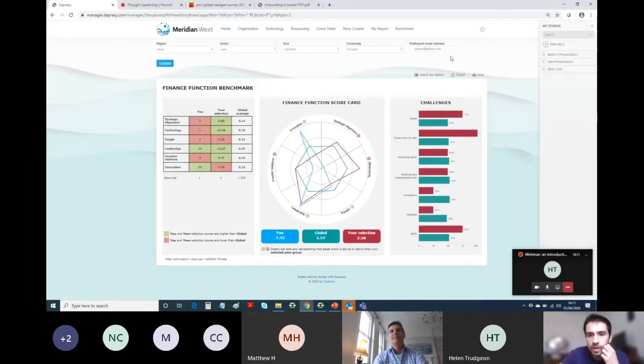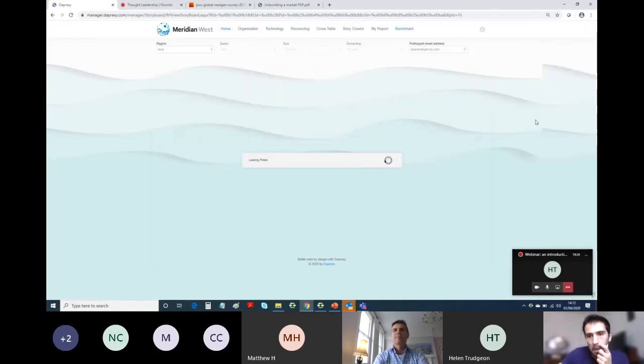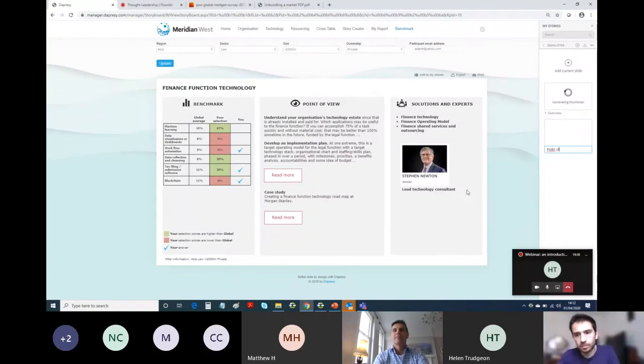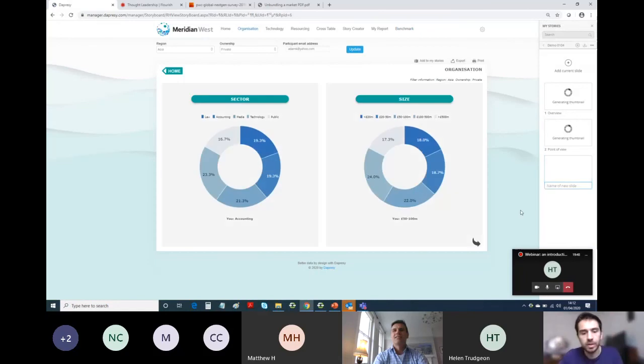So what you can do is you can go through the dashboard and start a new story. So you go through the dashboard, you filter to whatever variables you like, and you just click add current slides. And then let's say we also want to get the point of view slide. And let's say we want demographic information in here. What you do is you go through and choose the slides that you want, and the story creator functionality, sorry,